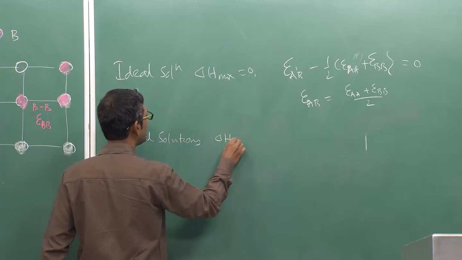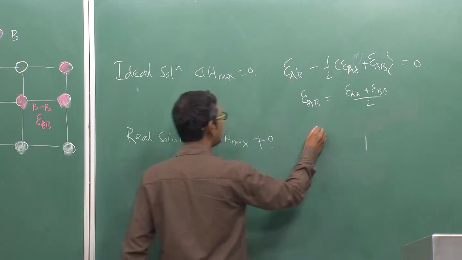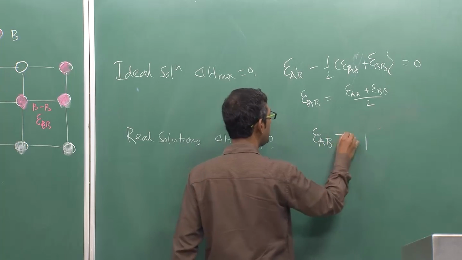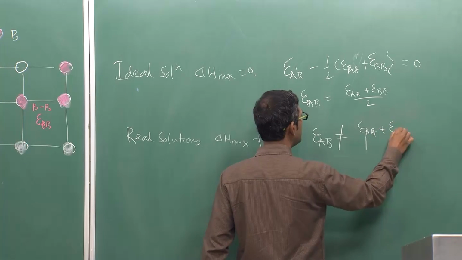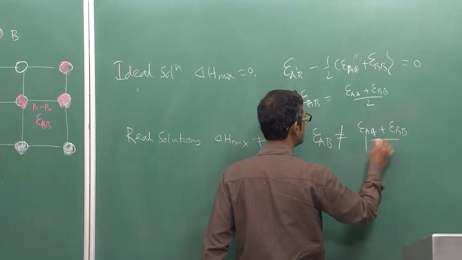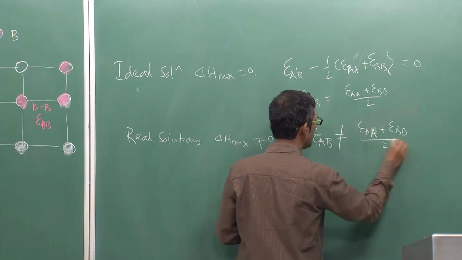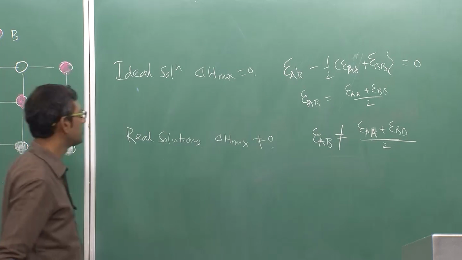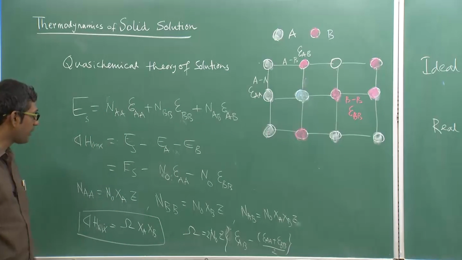Delta H mix is not equal to 0. That clearly tells you epsilon AB is not equal to (epsilon AA plus epsilon BB) by 2. That will be the factor which will play a role in determining the actual value of omega, because omega is strongly dependent on